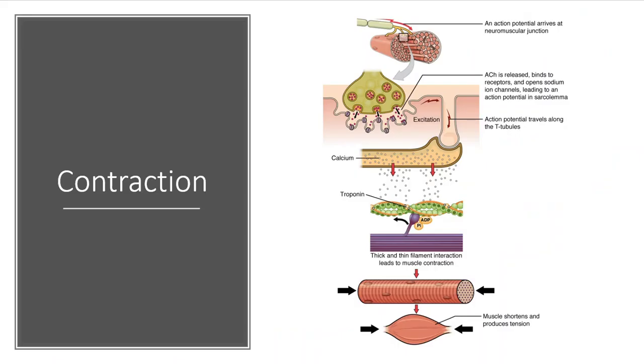Who cares about that? Well, it's part of what we need. So we see the action potential, which is the electrical signal traveling down the end of the nerve, gets to the bulb. We already said calcium gates open here. These guys do exocytosis. They're going to release, they're going to bind to these ligand-gated sodium channels. They're going to open, let sodium flood in, and of course, then this is going to cause